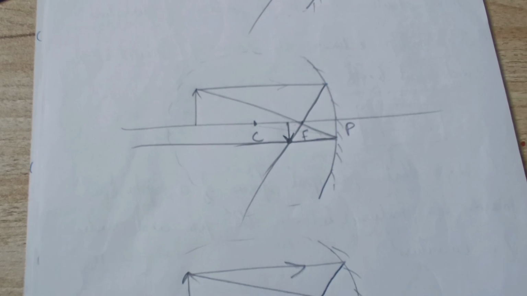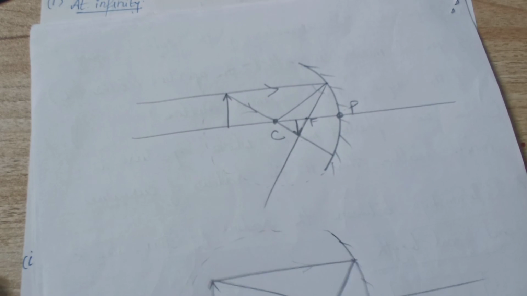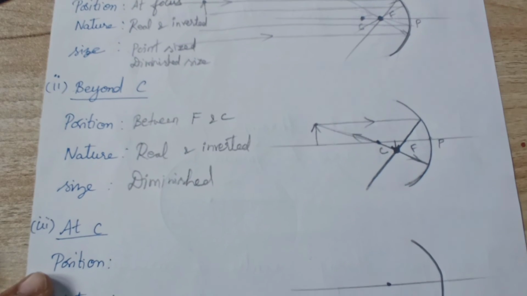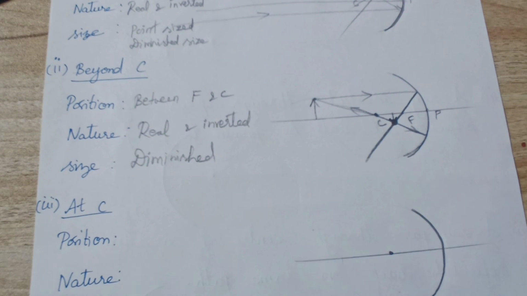Okay, you can take any case. Usually, for drawing easily, we take one of the rays parallel to the principal axis, and another ray that passes through the center of